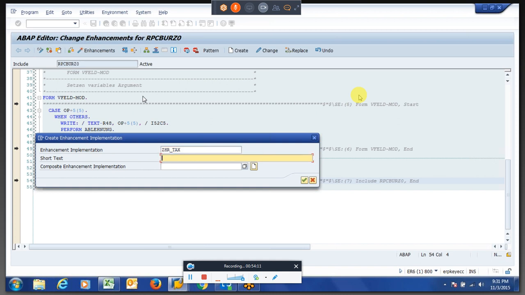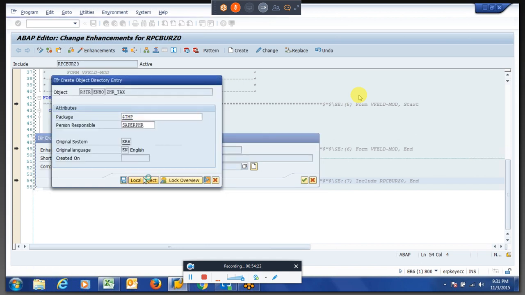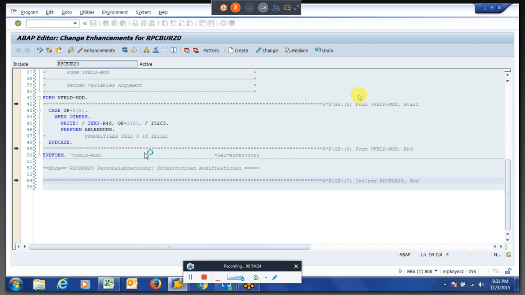So let us say we are giving it for tax. I'm just creating a dummy one. Right. So I'm saving this to the local object.